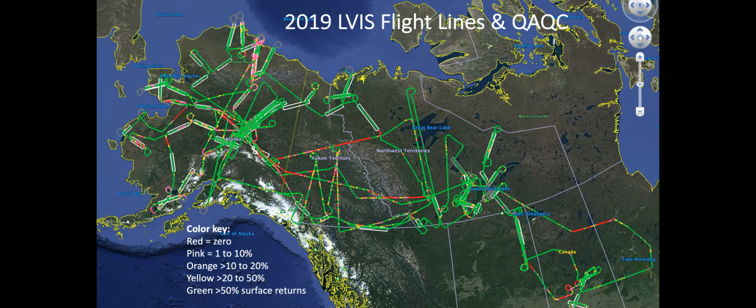This was ELVIS on the G5, and so it was possible to go 1,000 kilometers at a shot. Probably not possible to do that with the Twin Otter, but these are the types of things that we can think about doing in and around the coastal area. So you can see here at Barrow, in the Colville Delta, and near Deadhorse, there was a lot of acquisition that goes out over the coastal area.